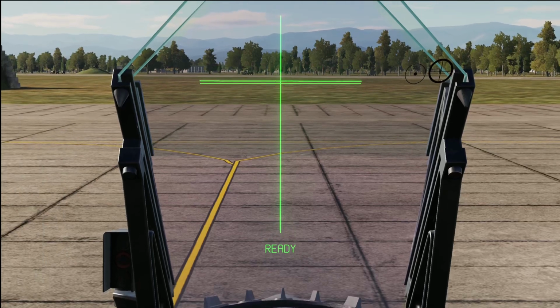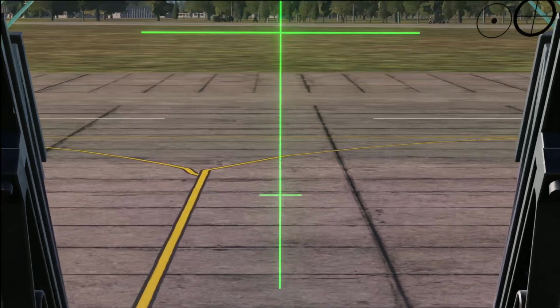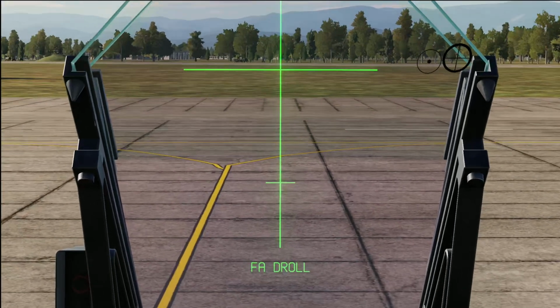You want to use your key binding of cage, uncage. You hold it. It says align. It says OK. Let go. Once you let go, you can use cage, uncage. So if you see these two crosses here that are lined up with the center T,